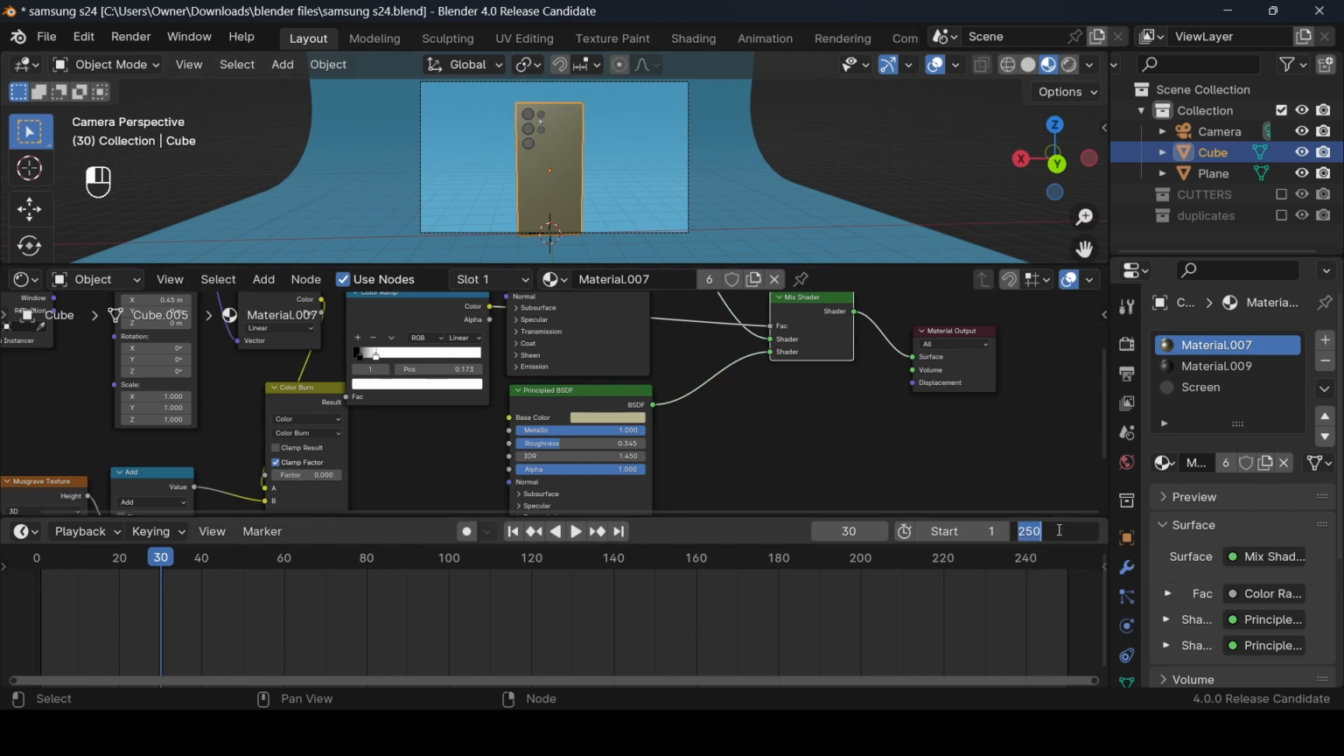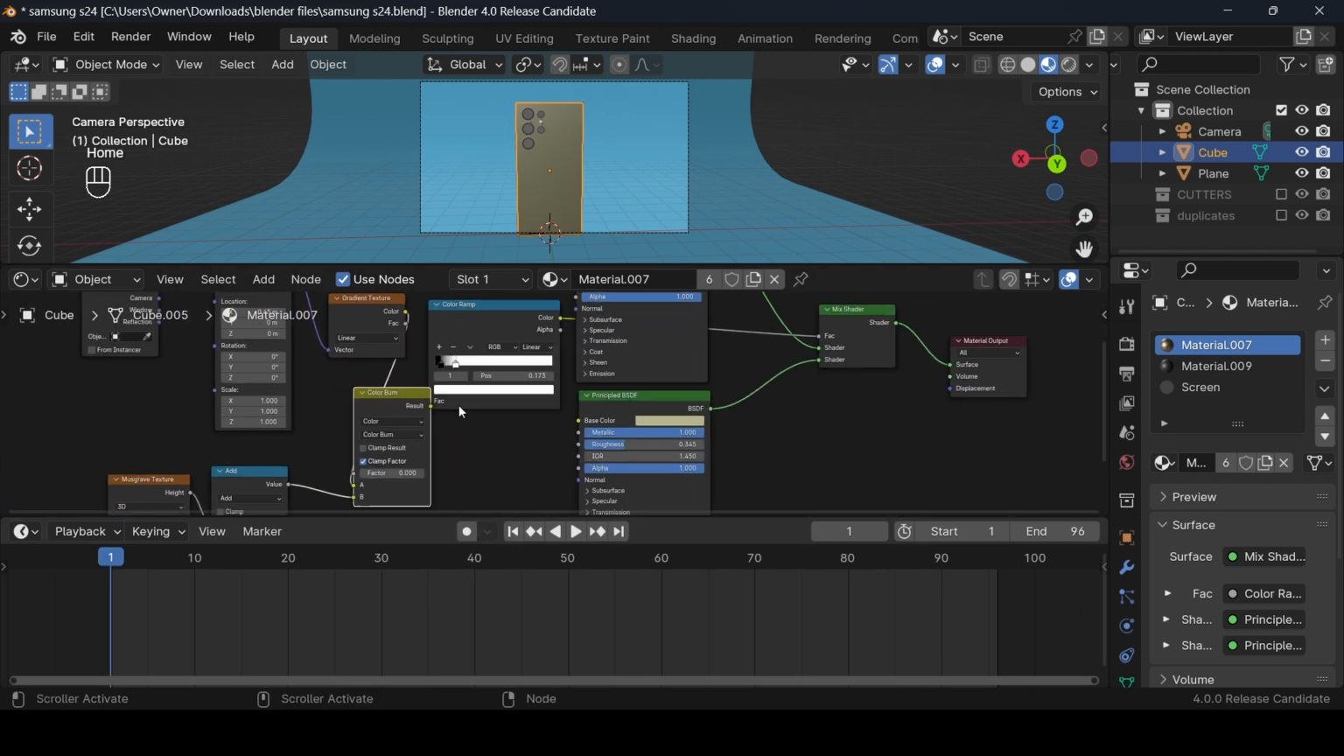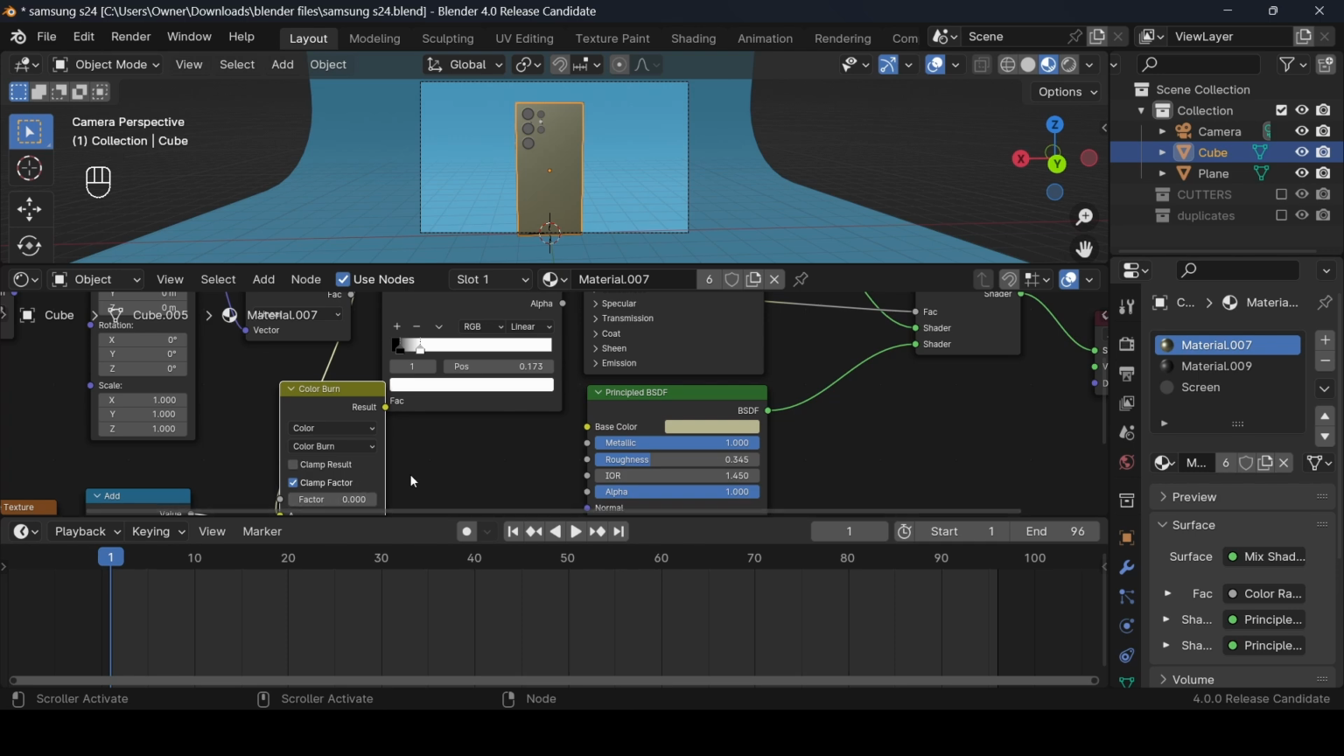So what I want is for the start and end, I want this to end like on frame 70 or 96. Let's make it like 4 seconds, because if you make it too fast, you're not going to be able to see that transition that is just moving from here to here like this. So what I want is I'm going to select this color bond node. Make sure you're selecting the node that has the value you want to animate so that you can see it